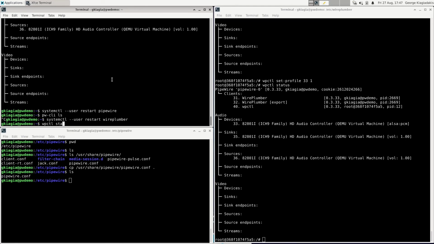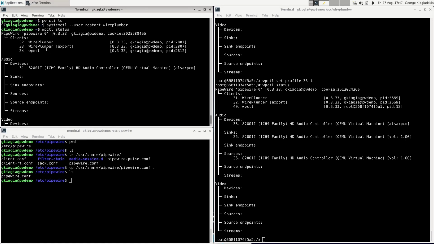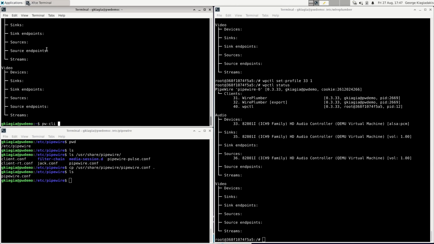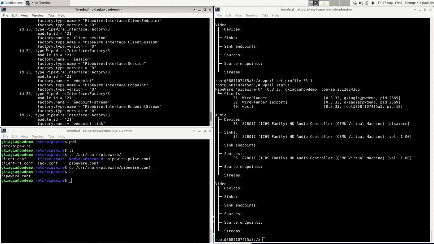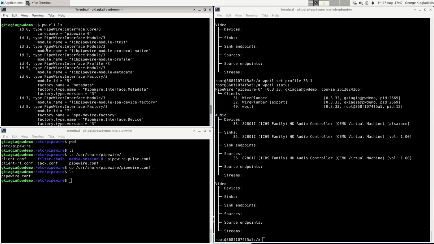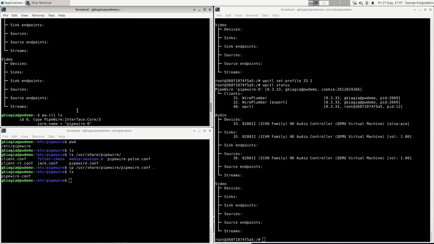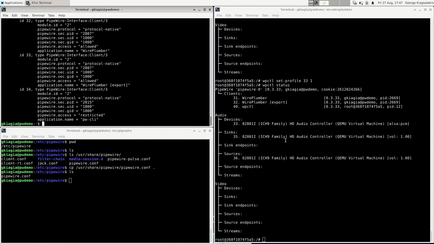Now I'm going to try and look at the status, and I see that status works. pw-cli ls also works, that previously didn't work. So that means that our script is working. It grants access to the processes that are running on the same host as WirePlumber. Now, if I go to the container and try the same thing,